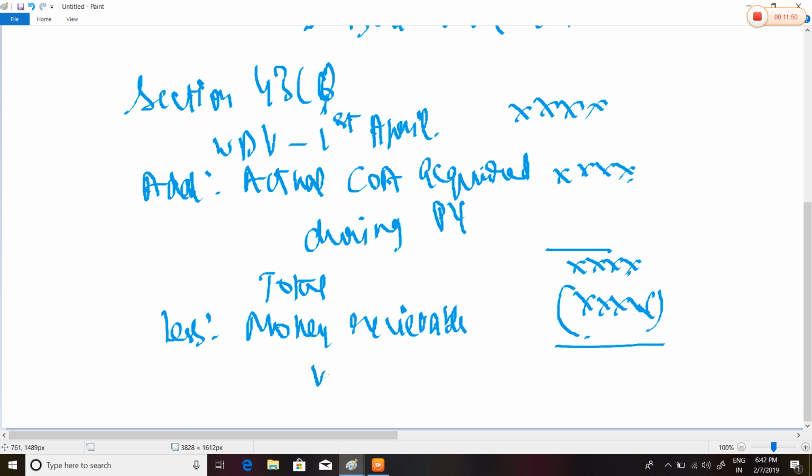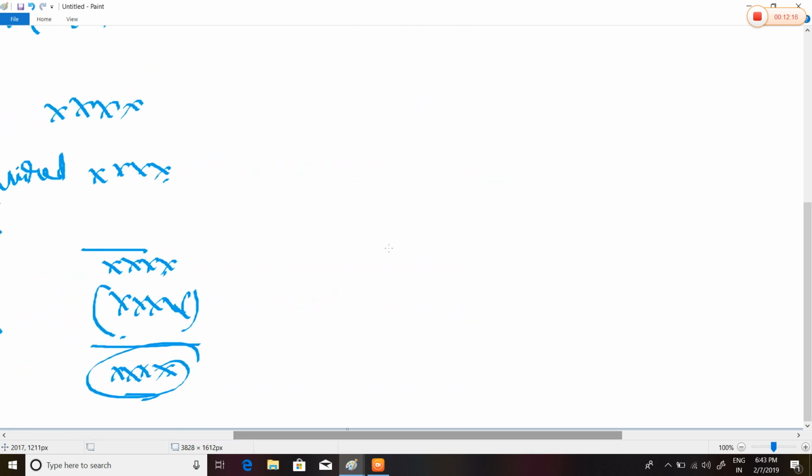Then subtract WDV at the end of the year on which depreciation is allowed. Then on this amount, we have to calculate depreciation. Okay, now what is additional depreciation? As per section 32, subsection 1, clause A,